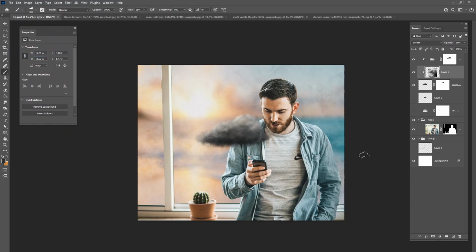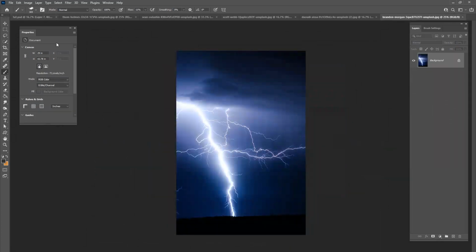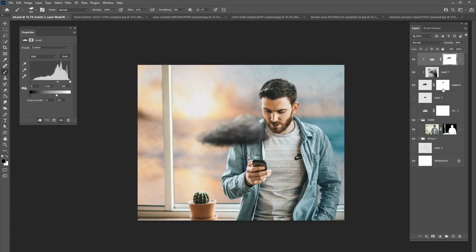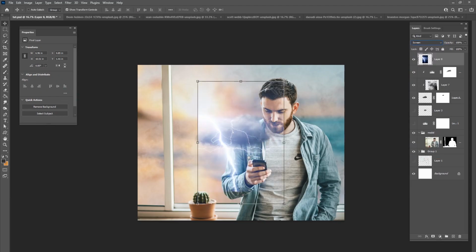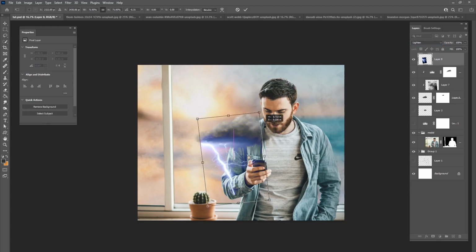Let's go ahead and start adding that lightning in. I did find this picture of lightning, which was really cool. Again, it's on Unsplash. Maybe you have your own picture of lightning, but I like this picture, and so I'm going to use this one. I'm going to change it to lighten. I'm going to bring this guy down here and kind of stick him right about